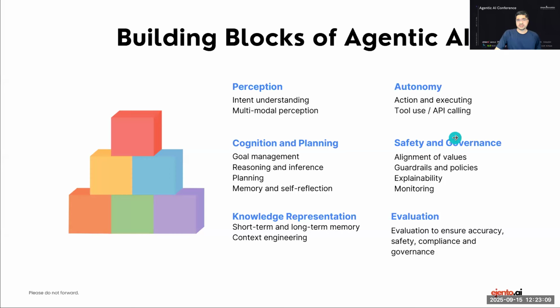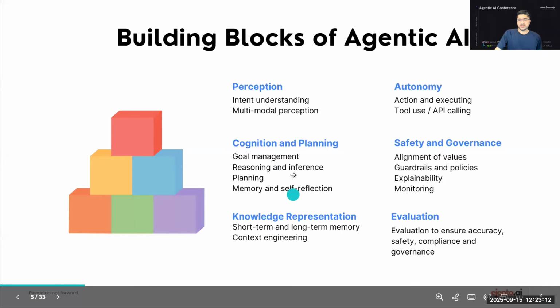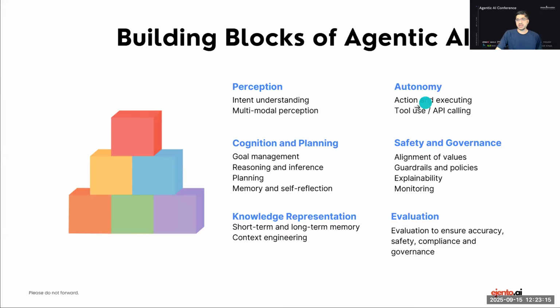Then there is the autonomy aspect of it. Once it has perceived and planned and understood the knowledge, does it take actions? What kind of actions will it take? Then the safety and governance aspect of it, which actions are allowed and which actions are not allowed. And this really aligns with the discussion that we were having, not just in the previous session and the sessions before. We have talked about all of this the entire day. So safety and governance is important, right? So we want to make sure that the applications that we are building are safe. And evaluation. How do we evaluate?